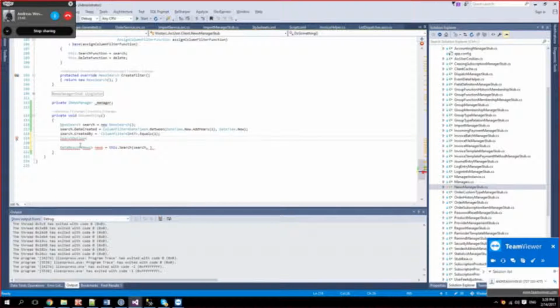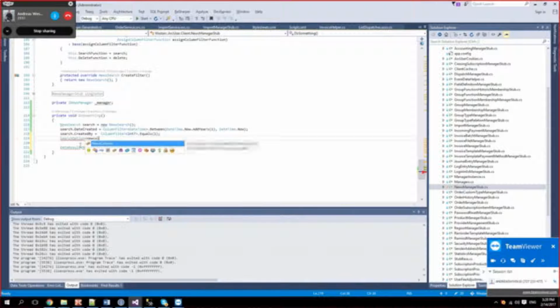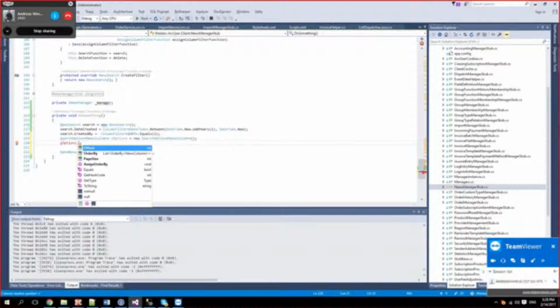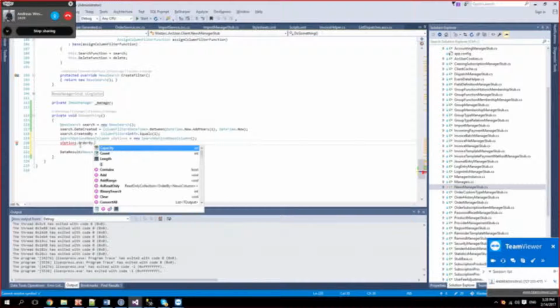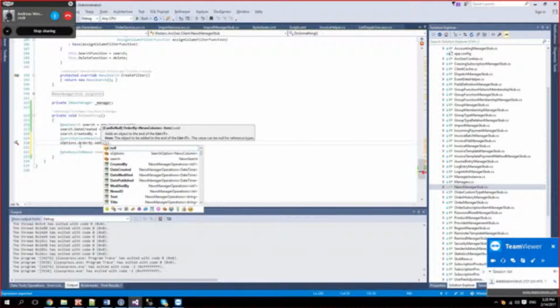It's a generic that implements an enumerator. Search options, order by, let's say, add.